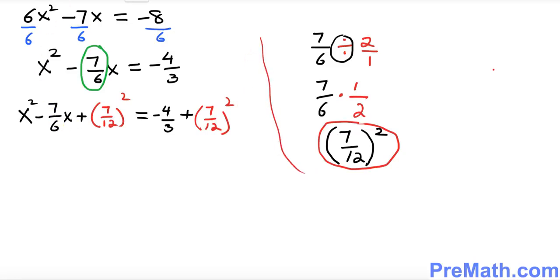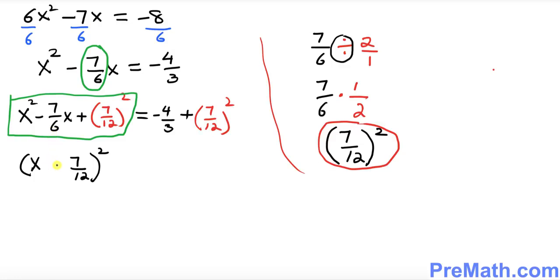All right, if you look at the left hand side, this thing represents a complete square of what? x on this side, and on this side it is 7 over 12 squared. Now you might be wondering what sign is going to be in between them. Whatever this sign is, you have to put it right up here. Equals, that's going to be -4 over 3 plus 7 over 12 squared, equals what? 49 over